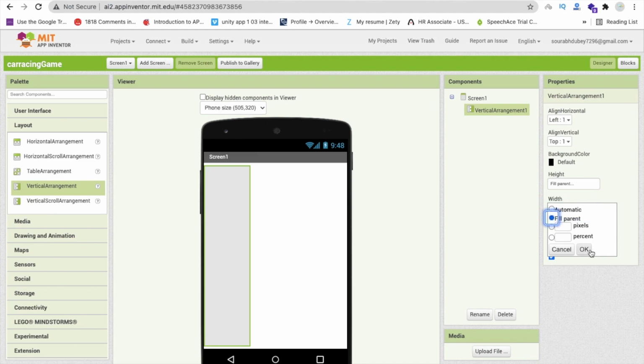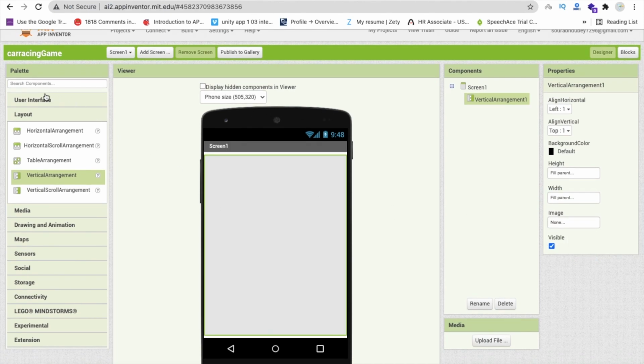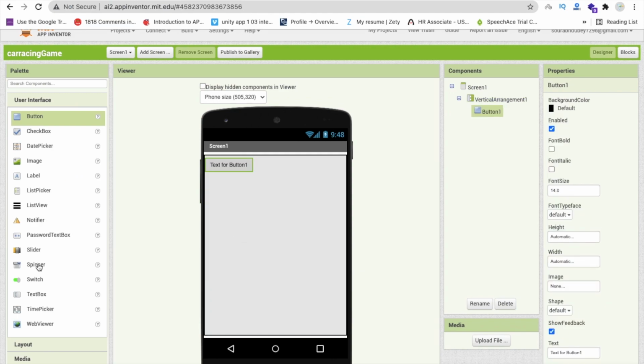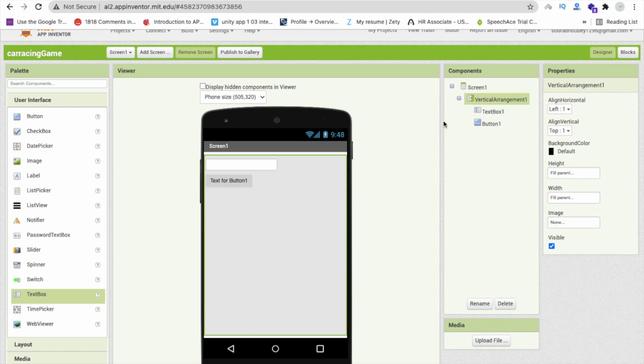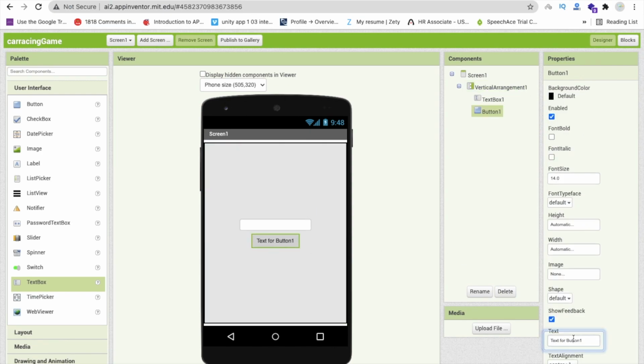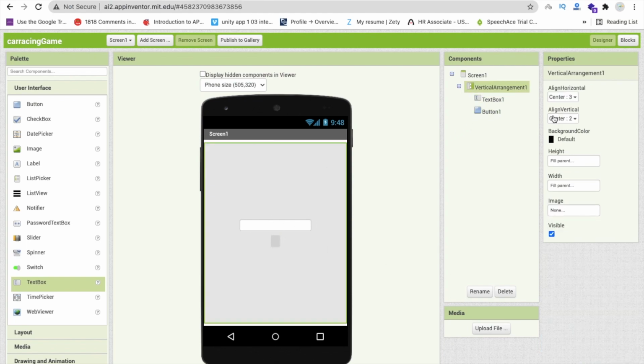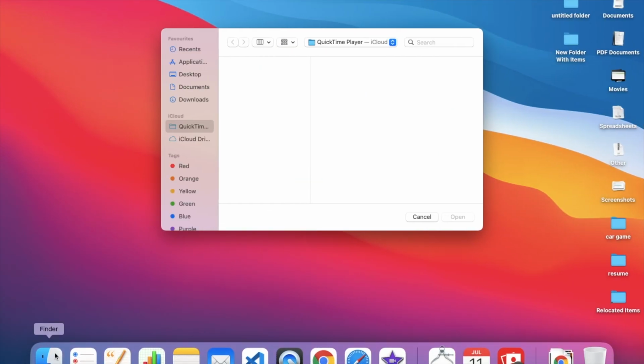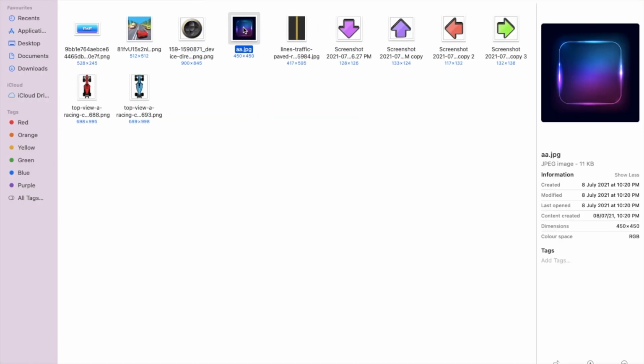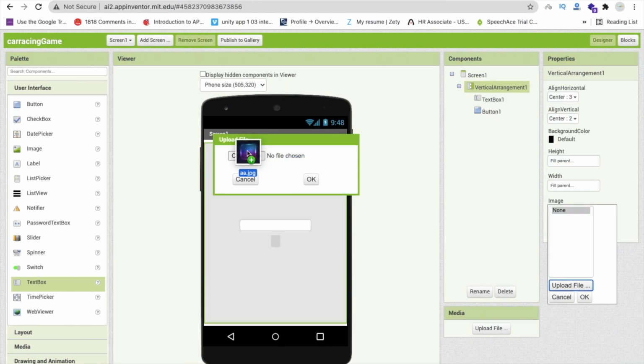And we need some components: we need one button here, and we need one text box. So whenever someone opens this game, we have to display that. Now click on vertical arrangement and make it align horizontal center, and vertical should be center, like this. Change that text to null, and we need to change the vertical arrangement background color. So I'm going to use one image here. Click on image option, upload file. I already have some assets, so suppose this one, and let me just drag and drop it here. Okay,